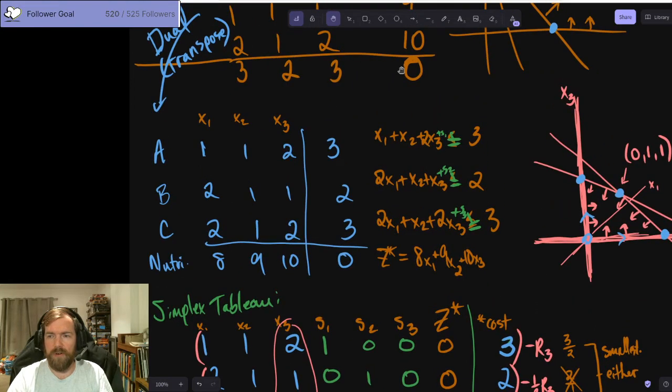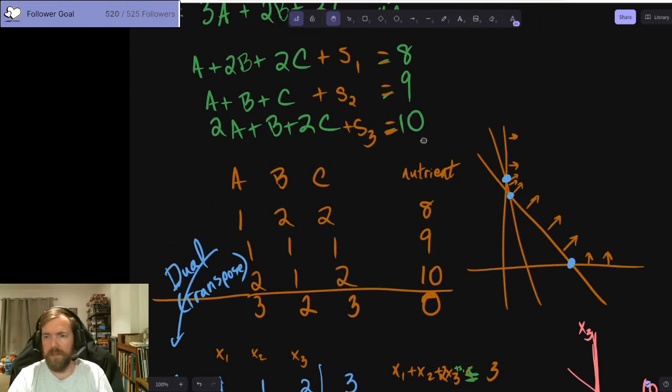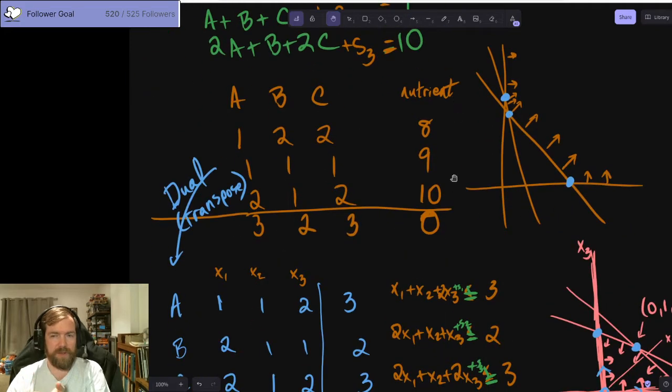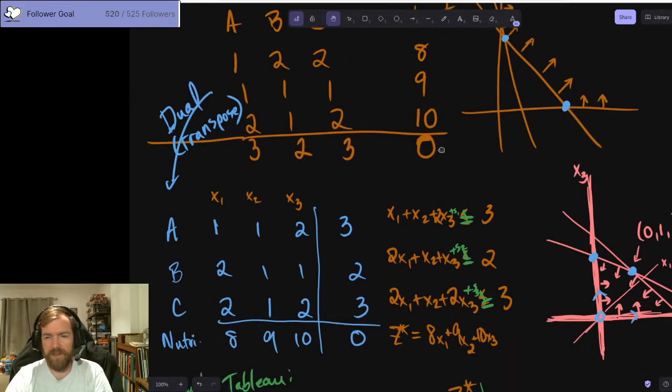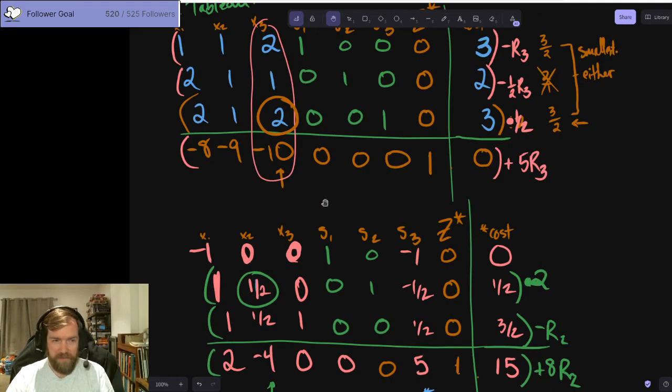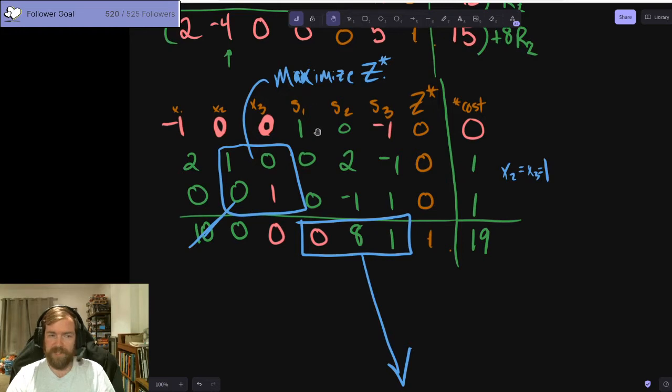So these were all, not these, these. We needed all of these things to be greater than or equal to 8, 9, 10 respectively. But now we created this transpose, did this whole thing with x1, x2, x3, like what is going on here? So, the interesting thing,